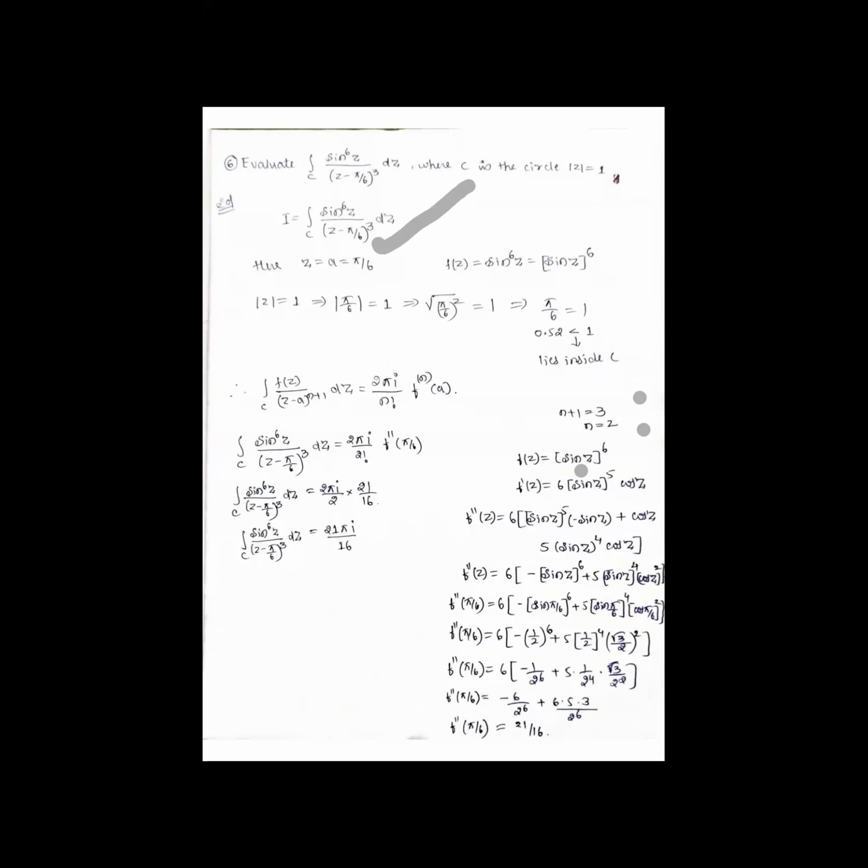So first derivative f dash of Z. How to write it? It is looking like f of x raised to n, so n f of x raised to n minus 1 into d by dz of f of x, because it is a complex derivative. Function of a function is called a composite function. Sin z is one function, raised to 6 is one function. So 6 sin of z raised to 6 minus 1, that is 5, into d by dz of sin z, that is cos of z.